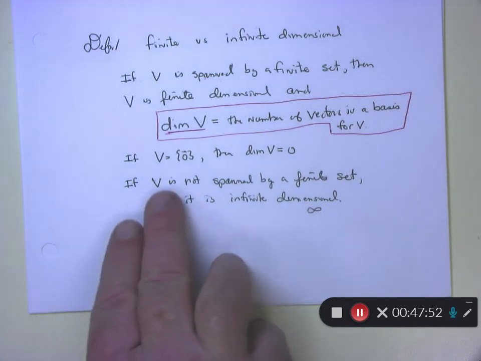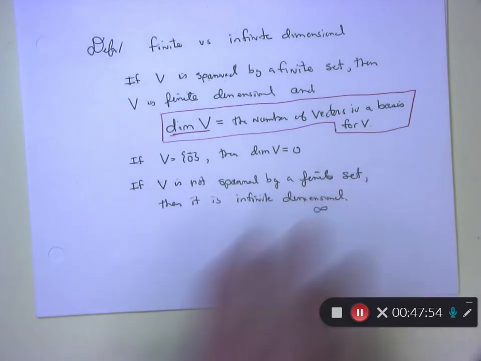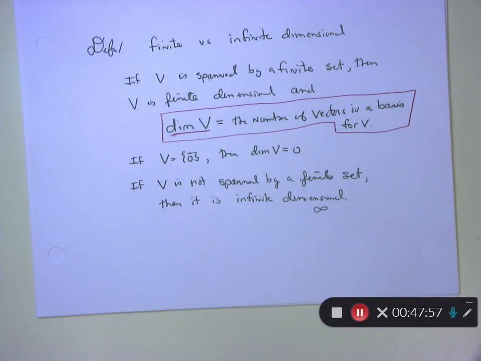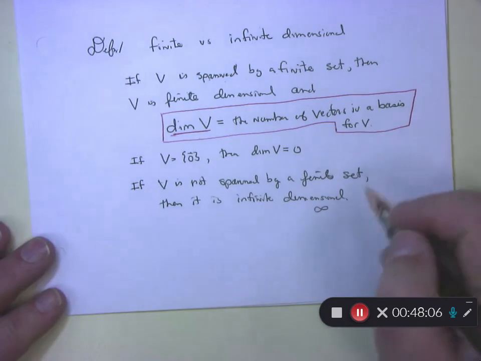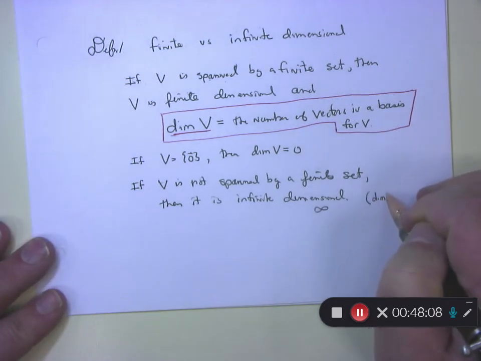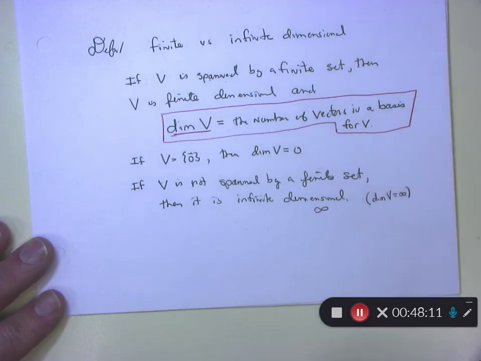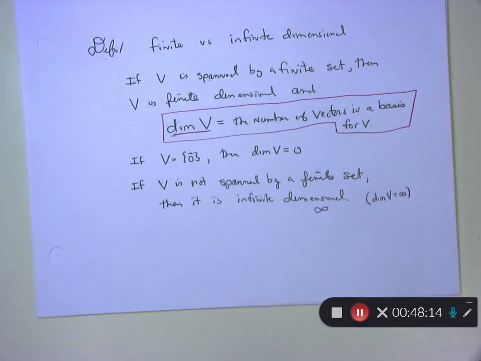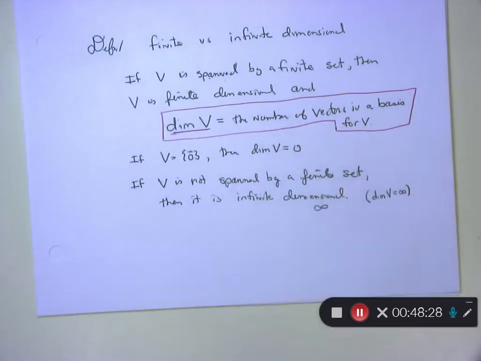And here we go. If V is not spanned by a finite set of vectors, then we call it an infinite dimensional vector space. So we can have an infinite dimensional vector space. In that case, we would write down that the dimension of V is equal to infinity. It makes it real tough to talk about the basis and to do systems of equations on it, so we focus our attention on finite dimensional vector spaces, but you can have infinite dimensional vector spaces. For example,